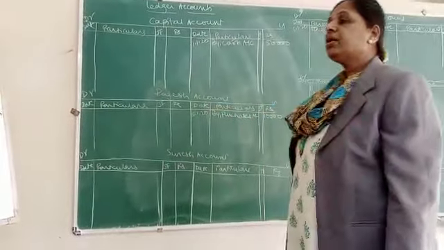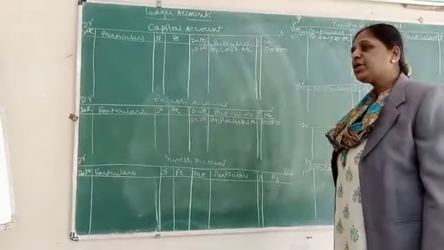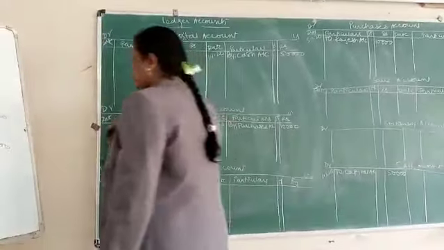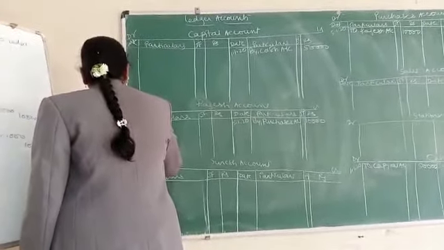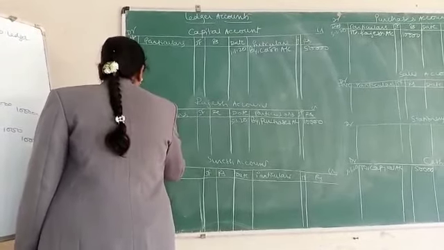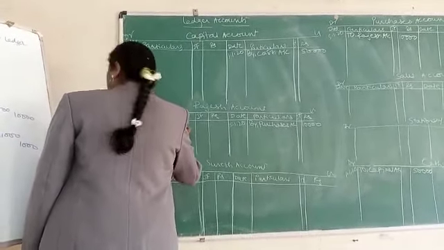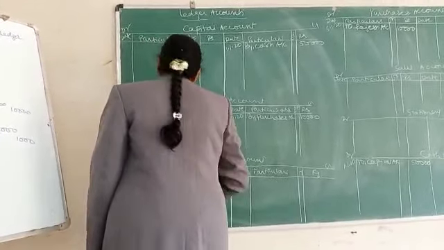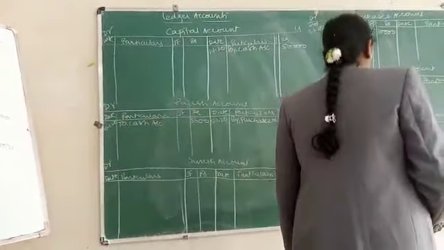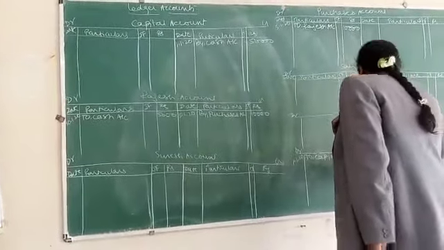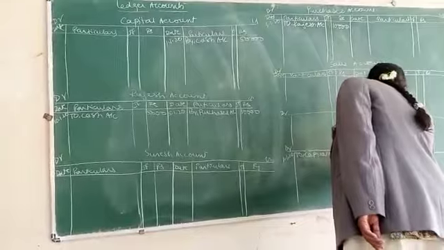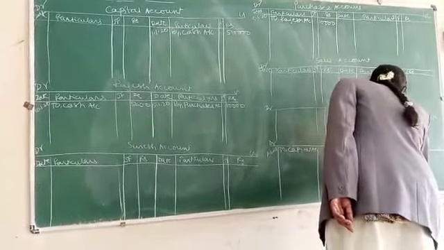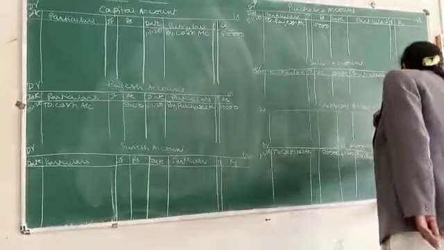Come to the next. Rajesh account debtor to cash account. Come to the Rajesh account, it is debited. Come to the debit side. Write the date 10/1. To cash account. Write it as 5,000. Come to the cash account, it is credited. Come to the credit side. Write the date 10/1. Write it as by Rajesh account, 5,000.